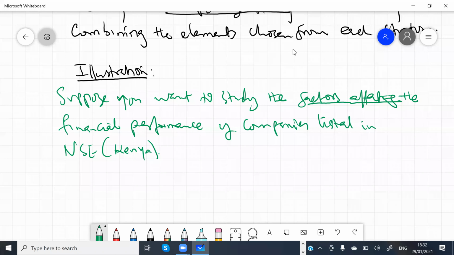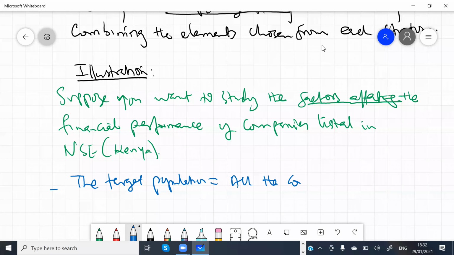Okay, so in this case, the target population is all the companies listed in NSE. That's your target population. Okay, so do we know how many companies are those? Okay, so maybe we'll go to that a little bit later. But this is our target population,